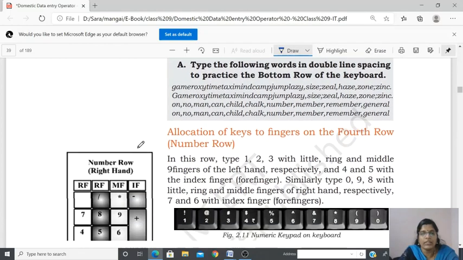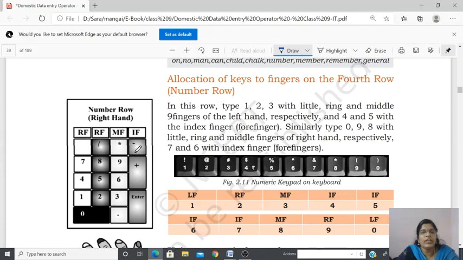Then we also have in a keyboard a number key. See, here is the number row. Here also it is given which number you have to keep where. The number 5 has a tangible line, like the letters F and J have a tangible line, right? Similarly, they are called guide keys. So the guide key in the number row is number 5. You can see 1, 2, 3, 4, 4 columns are there, and how many rows are there? 1, 2, 3, 4, 5, 6 rows.